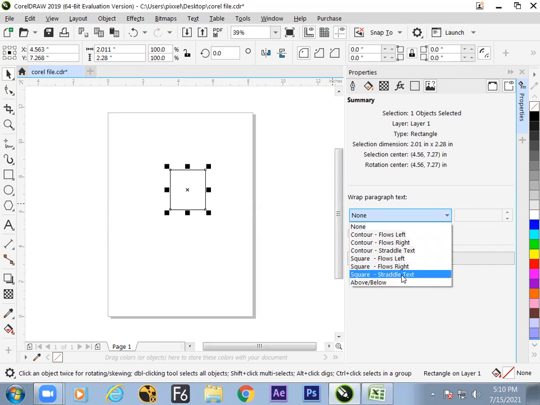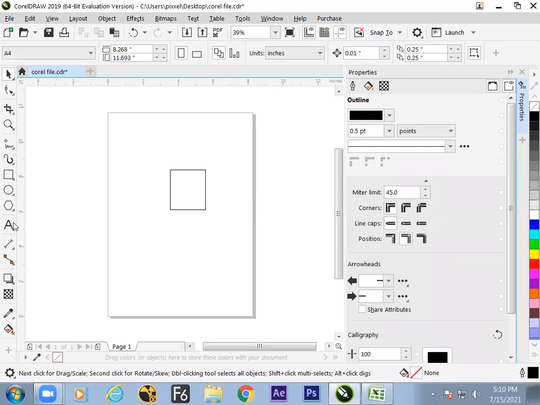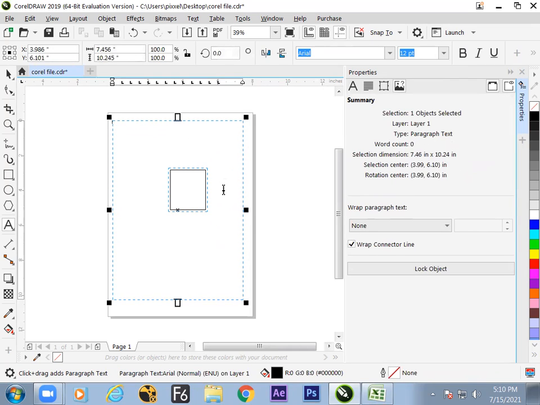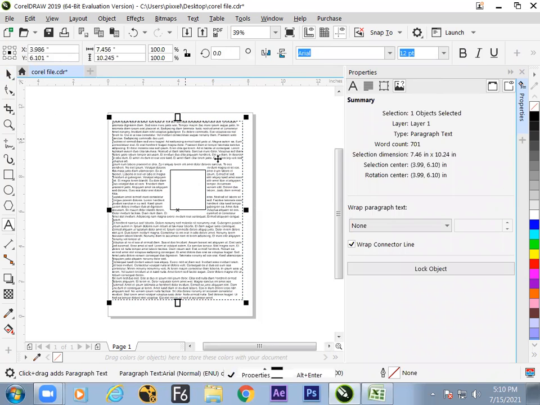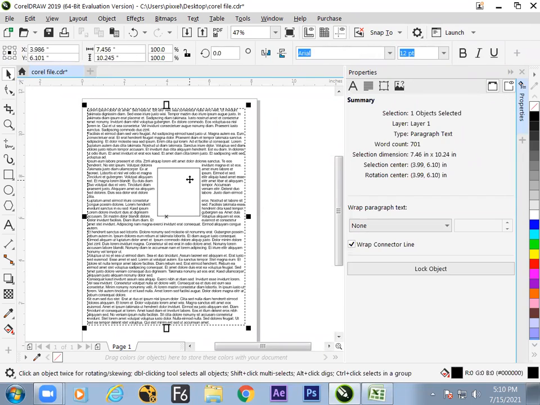So we are going for Styler text. And just take the text tool. We'll be learning about the text in detail, but just drag out the text and give a right click and switch to the option called insert placeholder text. So this is the option where we can place the dummy text. What we can see here on the screen is that the text goes around this box because the text option is on for this particular rectangle.